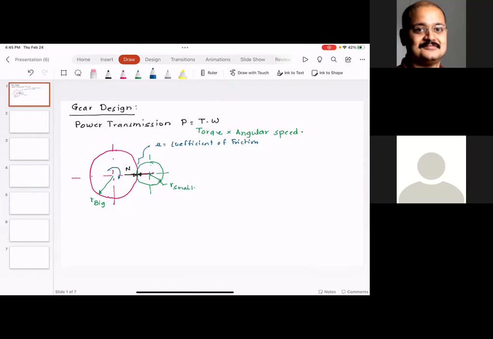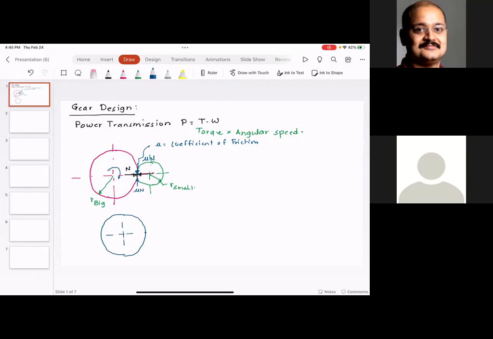So there will be something called normal reaction. So there will be a force mu times N acting over here. And for this equal and opposite mu times N, there will be another force, which is mu times N, that would be acting here. So now what does this mean? If I were to draw the free body diagram, which means I separate out these two gears or friction wheels, I would observe